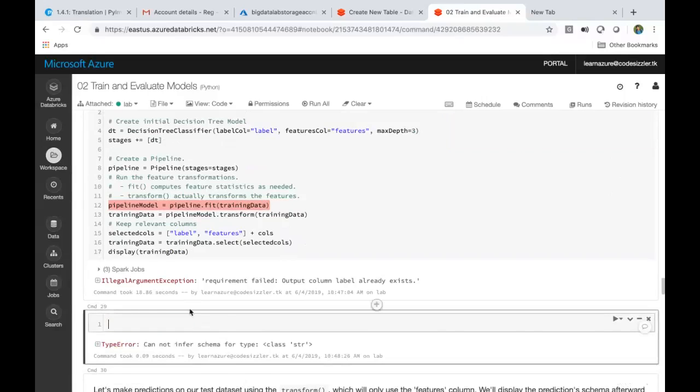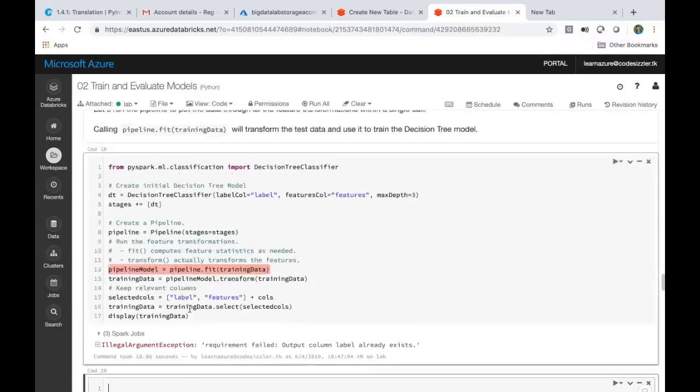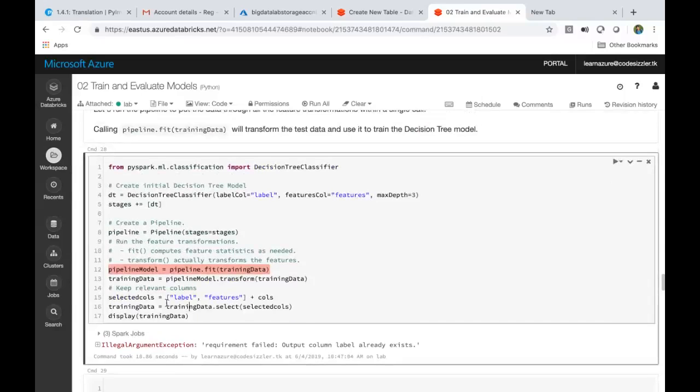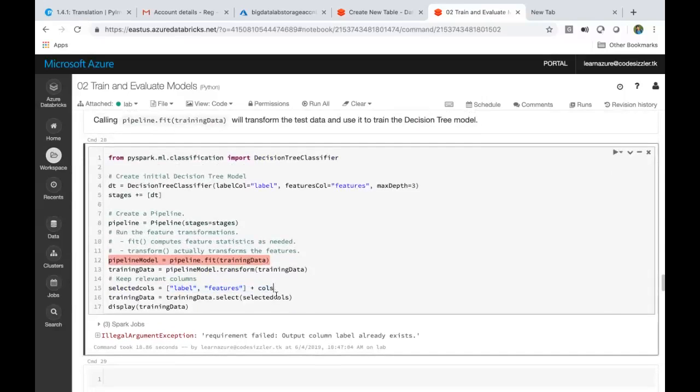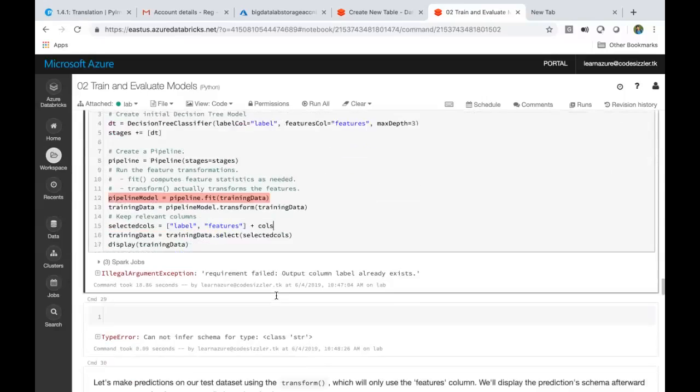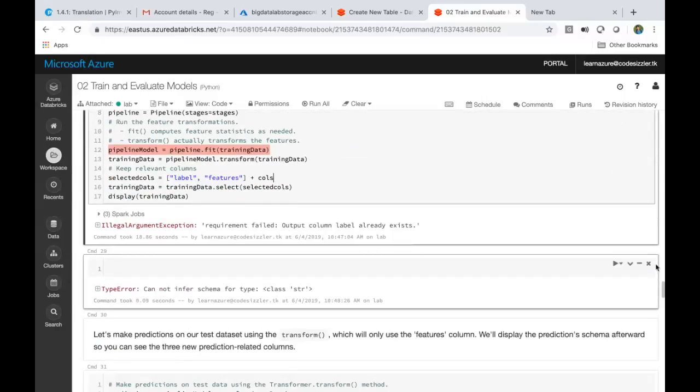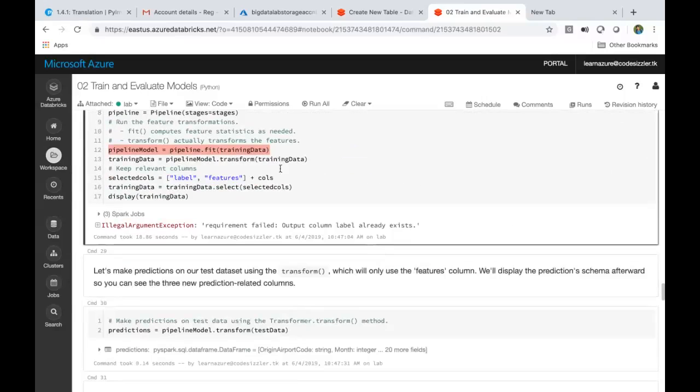No, we didn't use it in the train data set, right? We just used certain columns, only these columns, that is label and the features and plus calls. Yes, calls are using it. But yesterday night I executed this whole code. It worked fine. I think so. That should be the issue there.